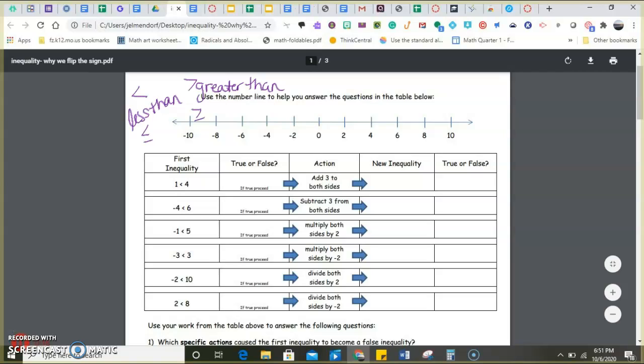So I'm going to look at each of these numbers, and I'm going to first look at this first inequality. It says 1 is less than 4. So is 1 less than 4? Yes, this is a true statement. So I'm going to look at the next part. Now it wants me to add 3 to both sides. So I'm going to add 3 to this side, and I'm going to add 3 to this side. So my new inequality, 1 plus 3 is 4, is 4 less than 7